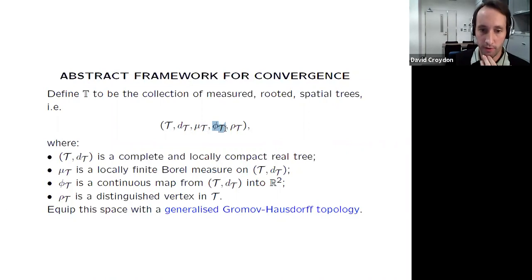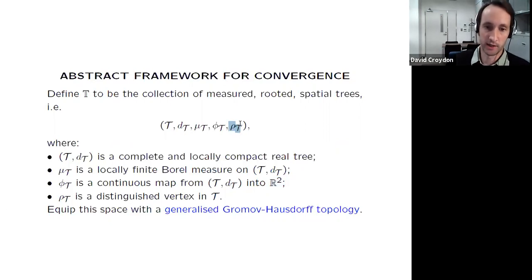The next thing, which was missing from the intrinsic distance part of the tree, is the spatial information, and this is what this phi is representing. We represent this information using a continuous map. Essentially, this is just the identity map on Z2. But really what we're thinking of is a map from the vertices of the uniform spanning tree with their intrinsic metric into Euclidean space. So really this is the change of metric from the tree metric to the spatial metric.